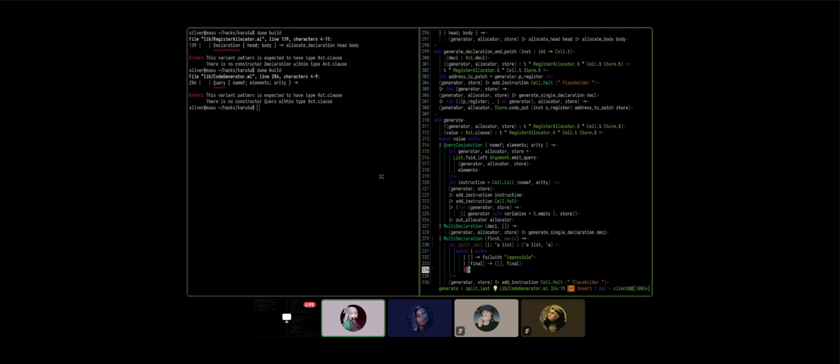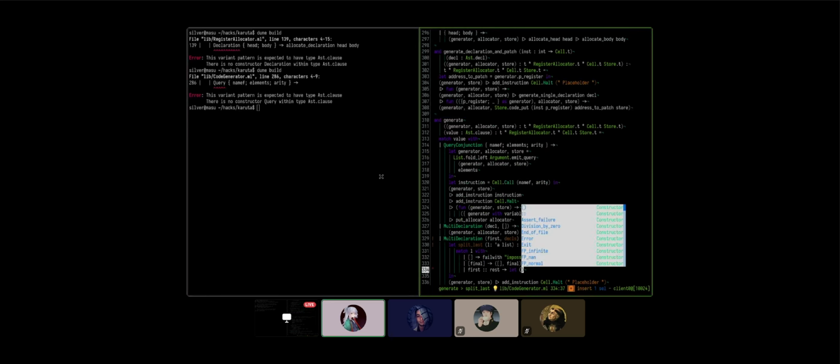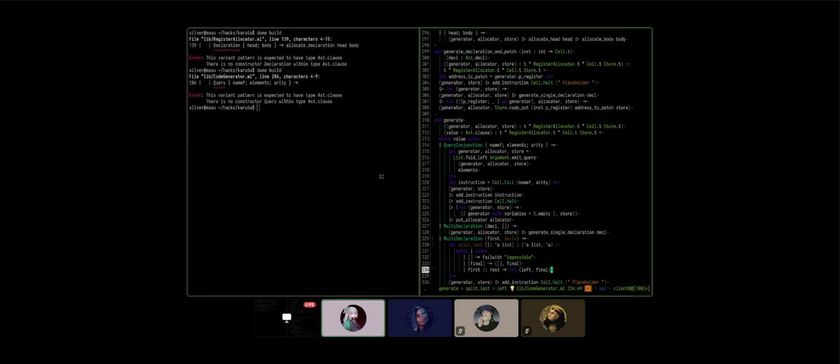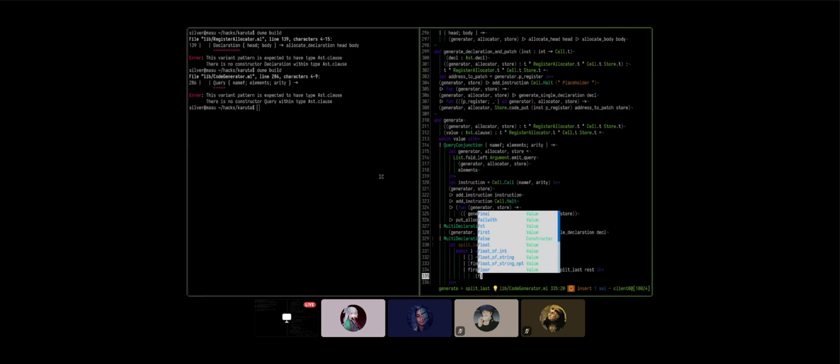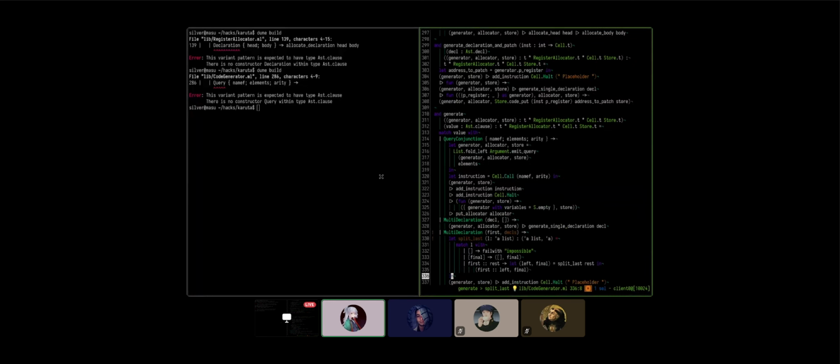And then else, if we have first colon others, rest, then we need to say actually let left, final equals split last with the rest in, and then we say first colon left, final. There we go.